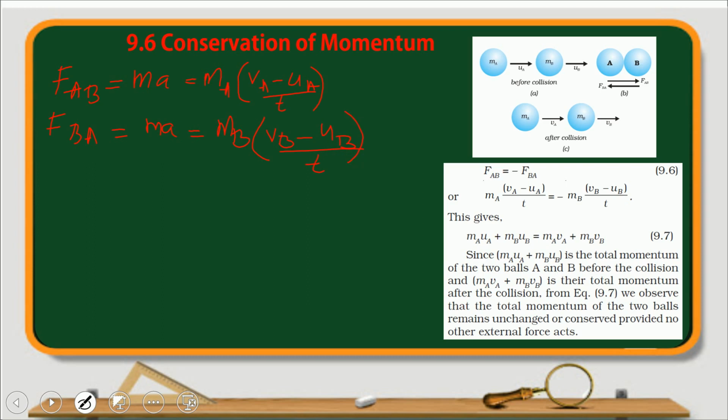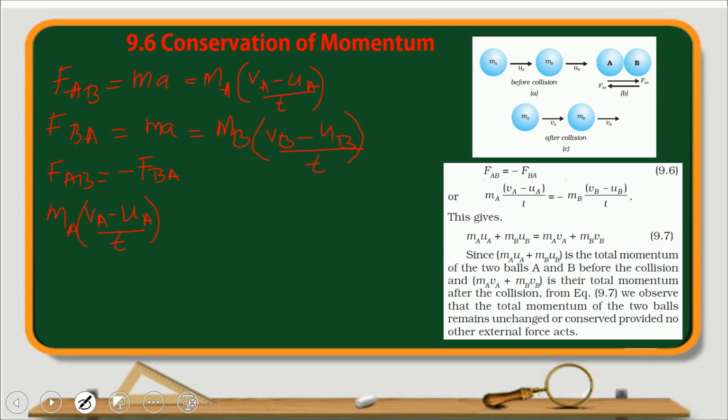Sure, all of you? Now you know that FAB is equal to minus of FBA. Correct? So in the place of FAB, what we are going to write is MA into VA minus UA upon